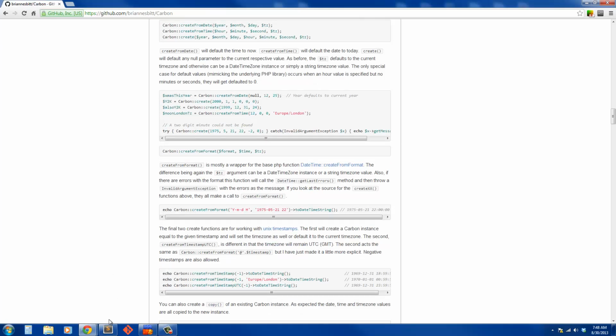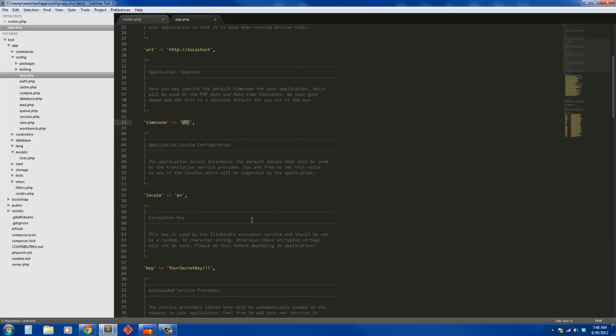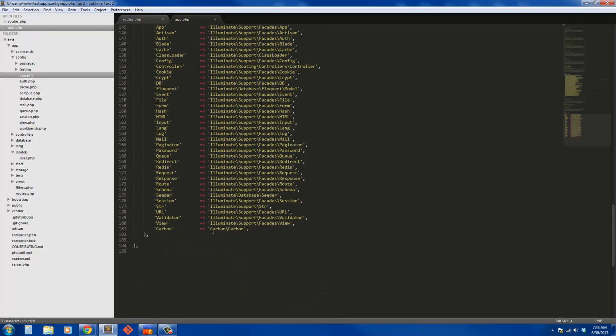And the best thing about it is it's built into Laravel. You don't have to install anything through Composer or anything like that. Just add it into your app.php like I did here, and you're good to go. So I know this is a rather short tutorial. I'm not going to get much more into Carbon because it's so well documented,